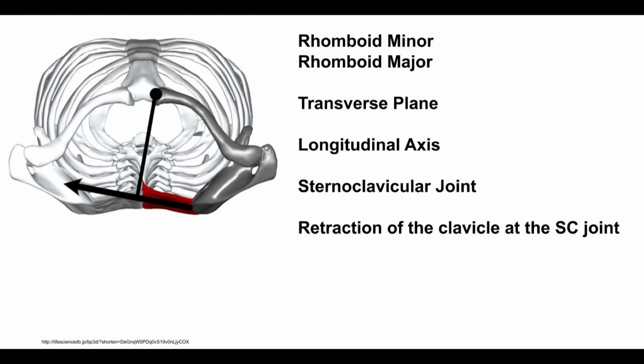We are looking at the right side from a superior point of view, and we'll see that line of torque would actually create a clockwise rotation, which is in fact retraction of the clavicle at the SC joint. Just keep in mind that that motion of the scapula towards the spine is simply a consequence of the rotation